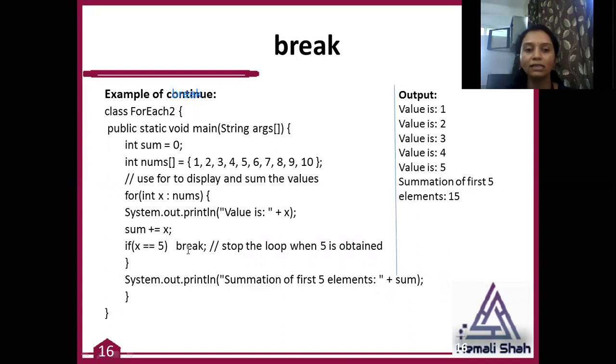So it breaks and pulls the control outside of this for loop. That means your control will come over here and you will get such an output, because you are going to print the value of x as 1, 2, 3, 4, 5. Then 5 prints, then you make the sum of all those elements, and then you break. That means after printing the 5, it never executes the for loop again, and that is how you get this result.